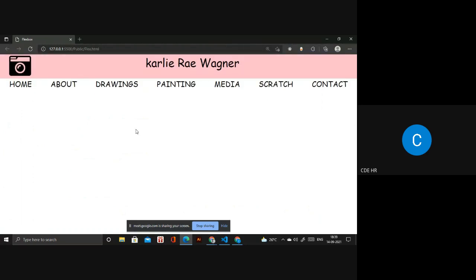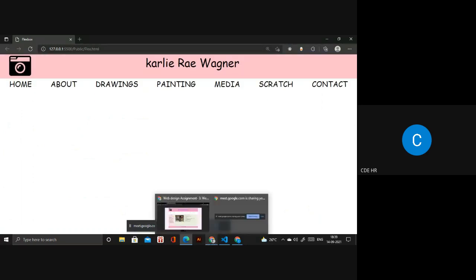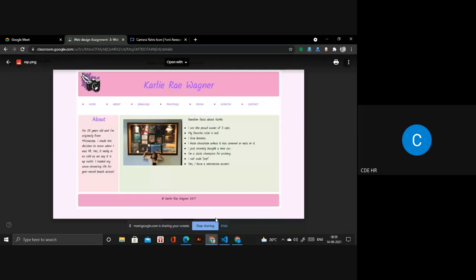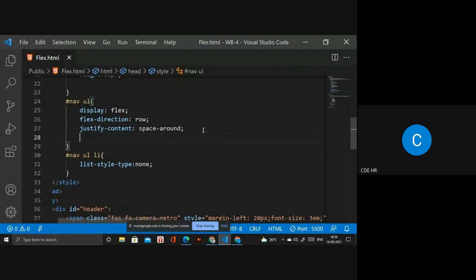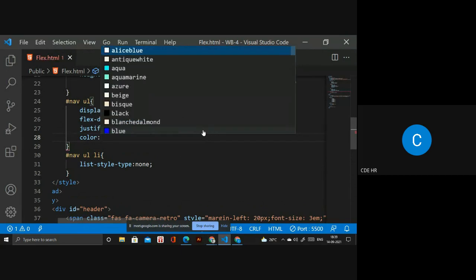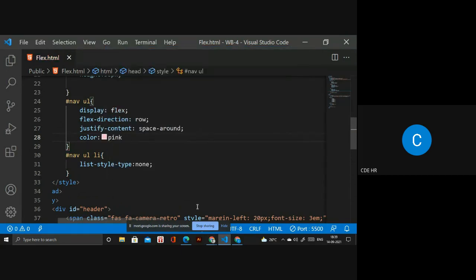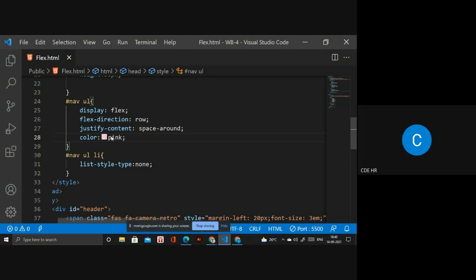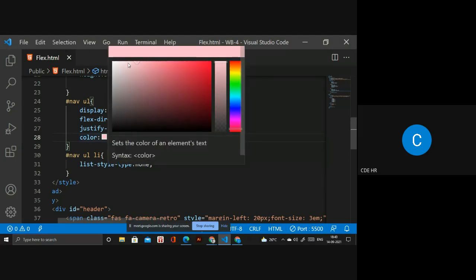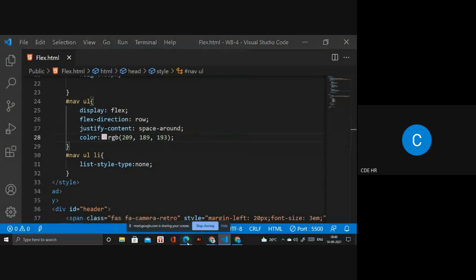Okay, that looks good. So we have done all these things, but I need the font color to be pink. Okay, that looks good now. You can change the color as well if you want it darker.